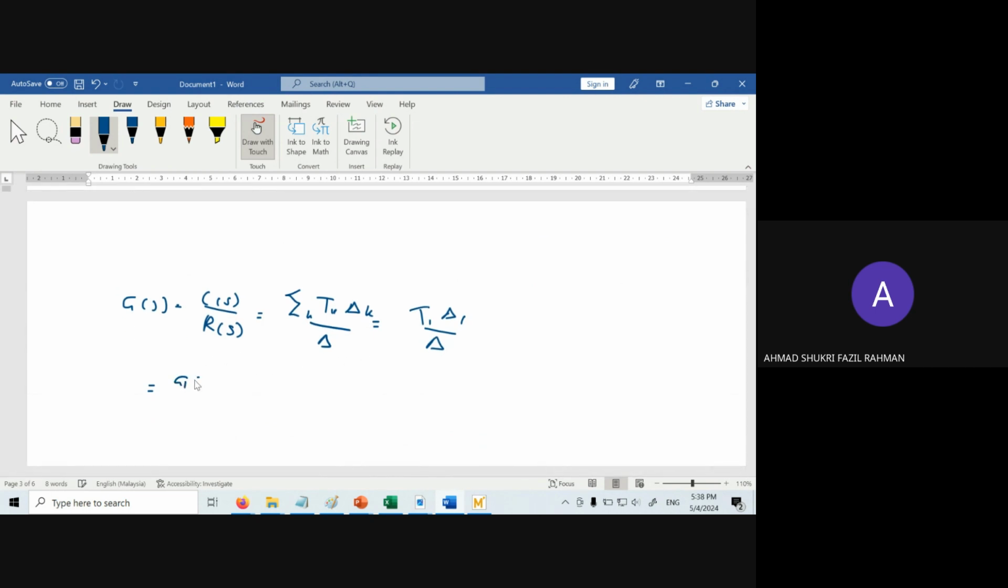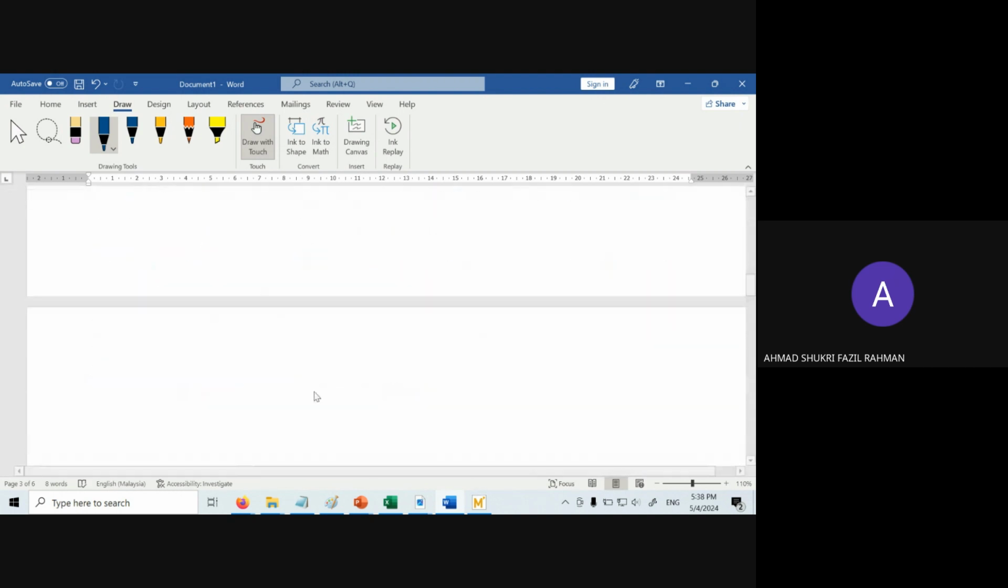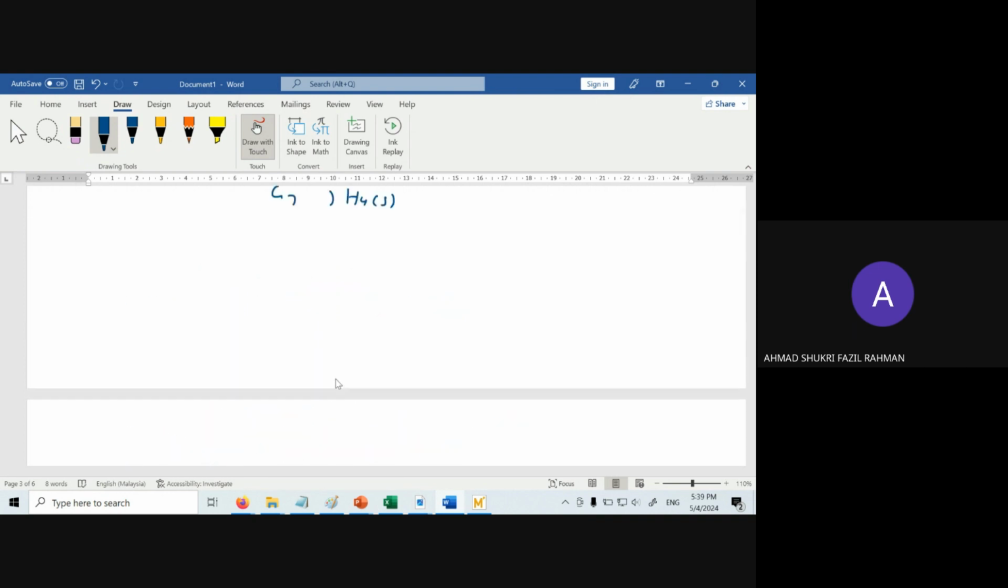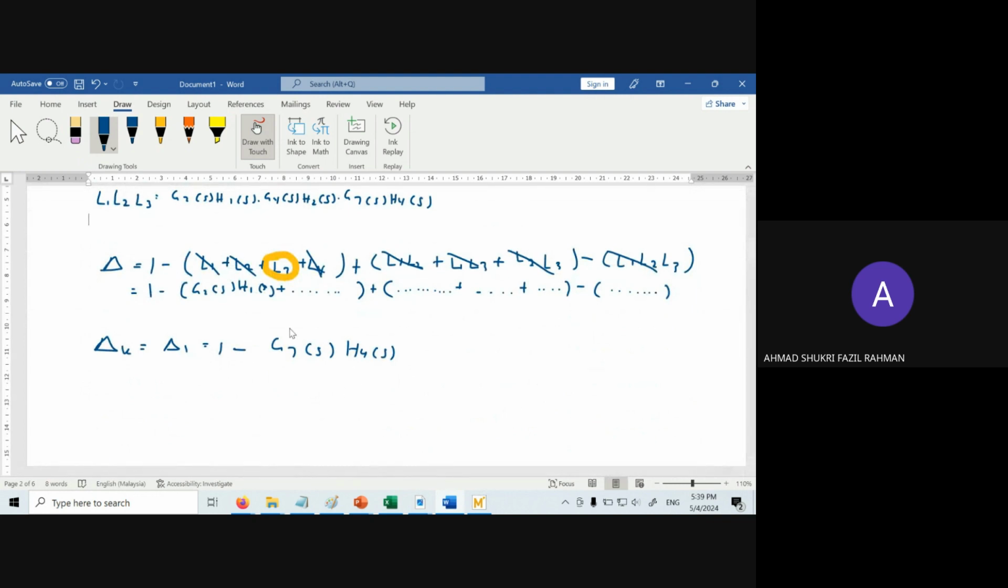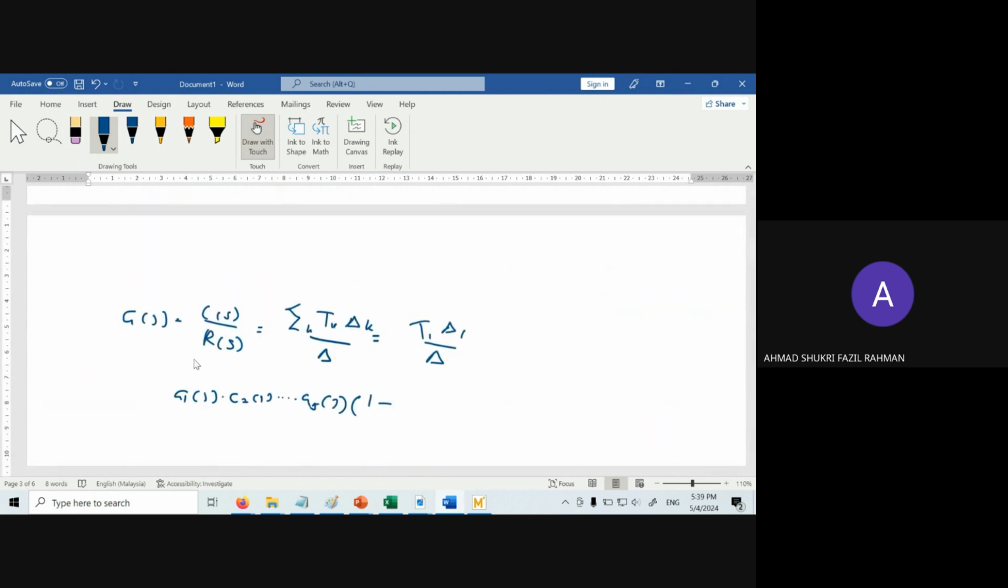T1 is G1S and then multiply by G2S and then multiply up to G5S, sorry. And then this is T1, and for delta K, 1 minus G7S multiplied by H4S, and then you divide by delta. Delta is very complicated, so you can see from here, you copy down delta, so you need to put down 1 minus